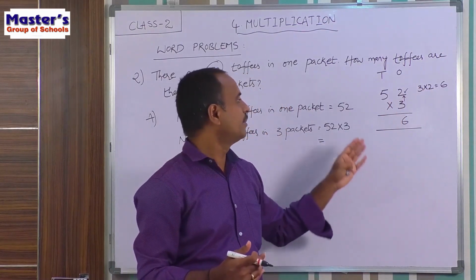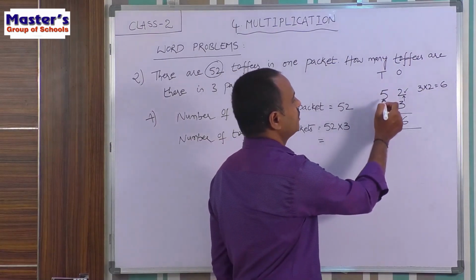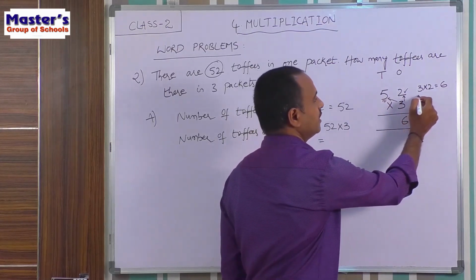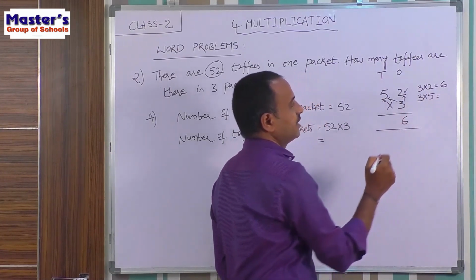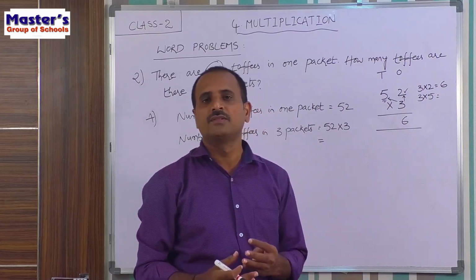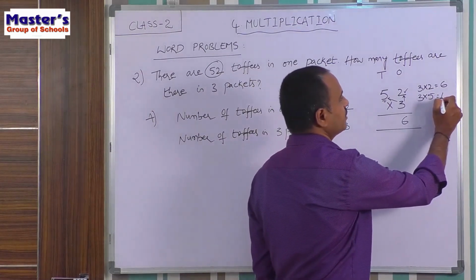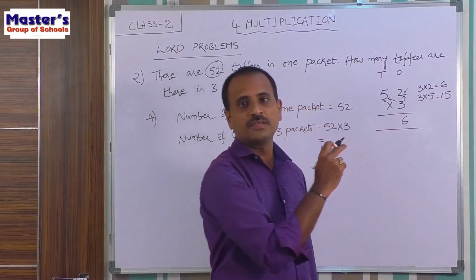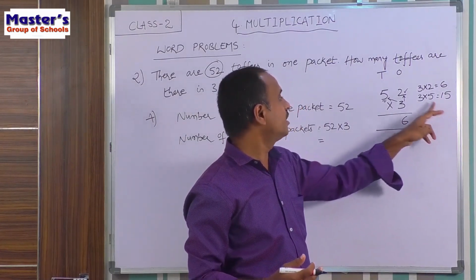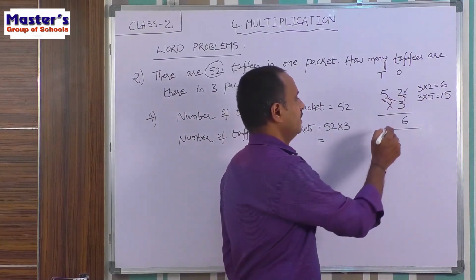Now go to 10's place and multiply the digit present in the 10's place with 3. Which digit is present in 10's place? 5 is present in 10's place. Multiply 5 with 3, that is 3 into 5. Children, in the table of 3, how much will you get? 3 5s are how much? 15. So 3 5s are 15. So write 15 under tens place. Here 15 is a 2-digit number, but there is no need to carry because there are no more digits after tens place. That's why write the total number 15 under tens place.